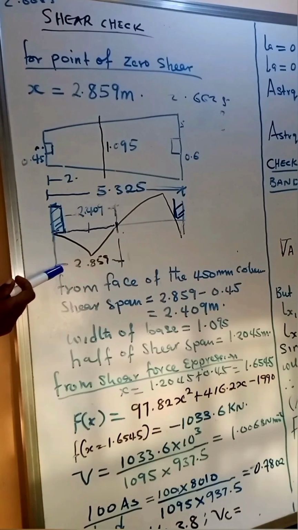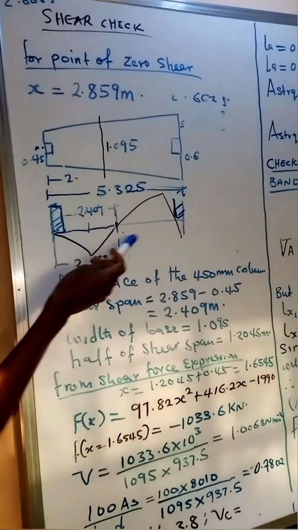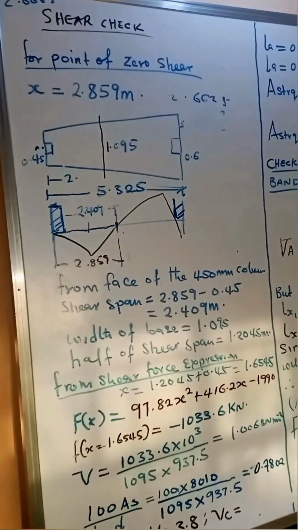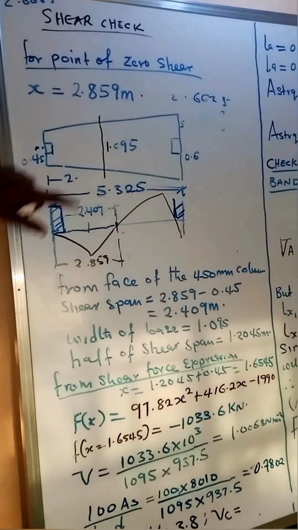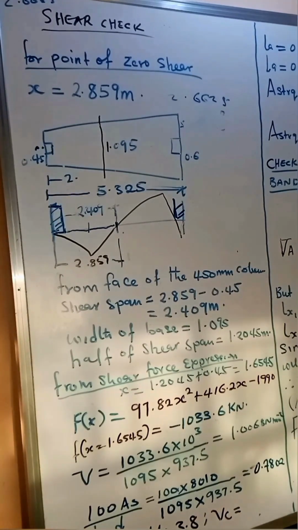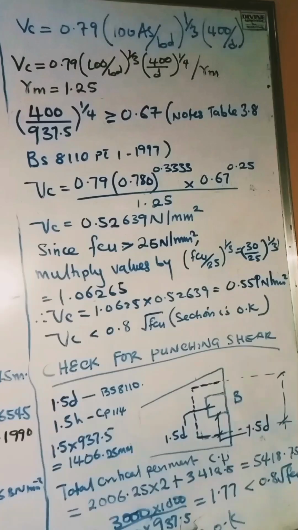And if the point of zero shear force is this point, we can as well calculate the value for the remaining part of the column of the footing. So all we need to do is to subtract 5.32 from 2.859. All right, so we are going to look at the shear